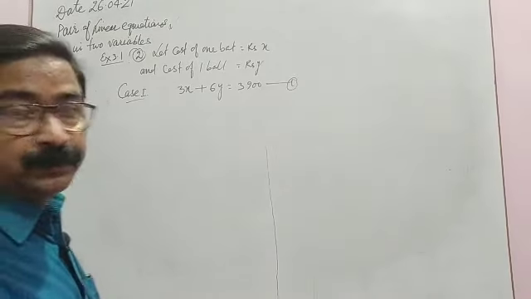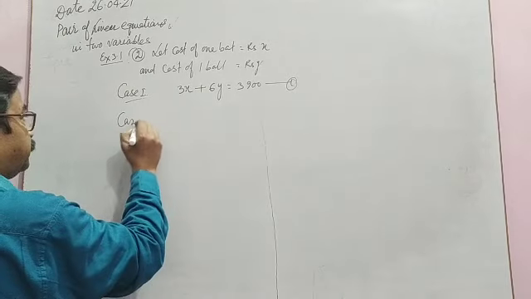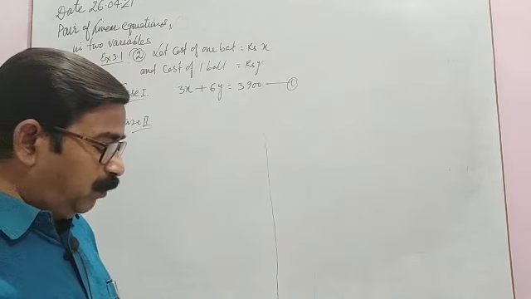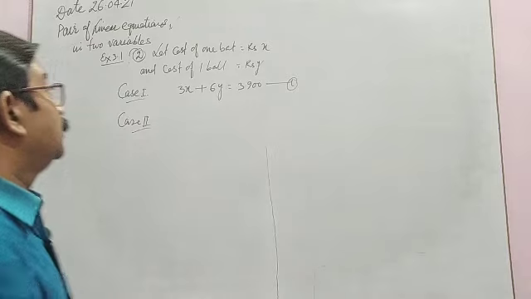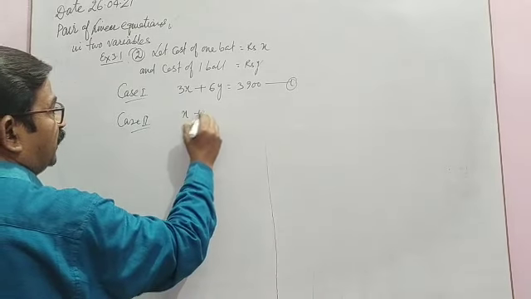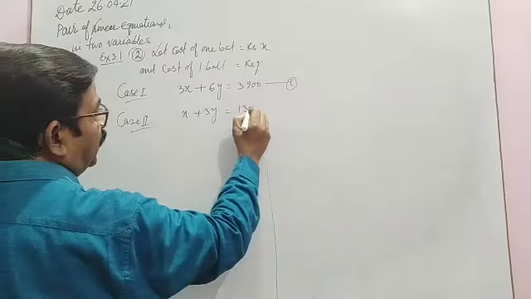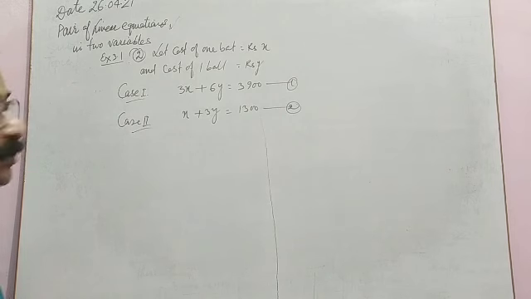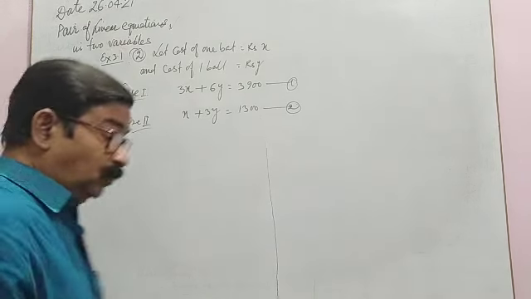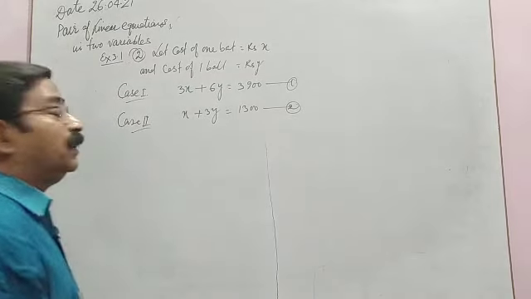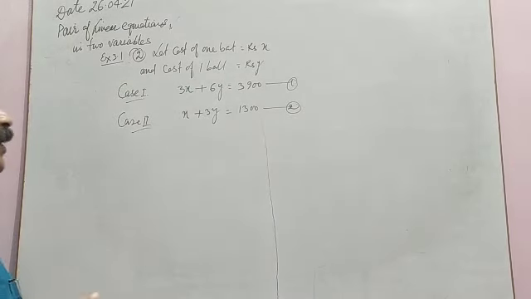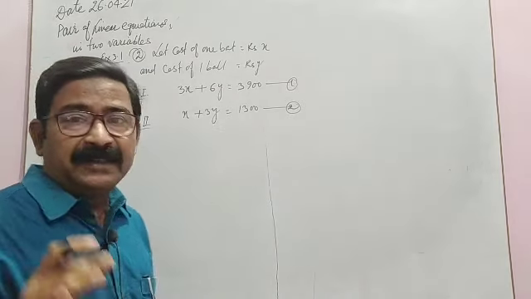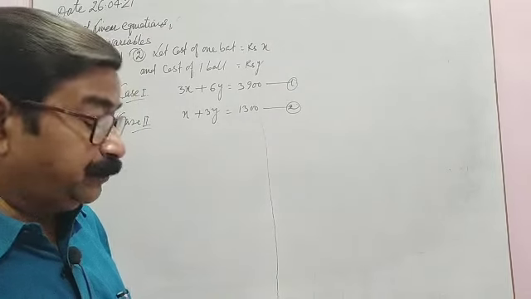Equation number 1. Now in the second case, later she buys 1 bat and 3 more balls. So 1 bat for rupees X and 3 more balls for 3y is equal to 1300. Equation number 2. So these are two equations. This is the situation algebraically. Now you have to plot the graph. No need to plot the graph, just find at least 3 solutions and after that leave it.